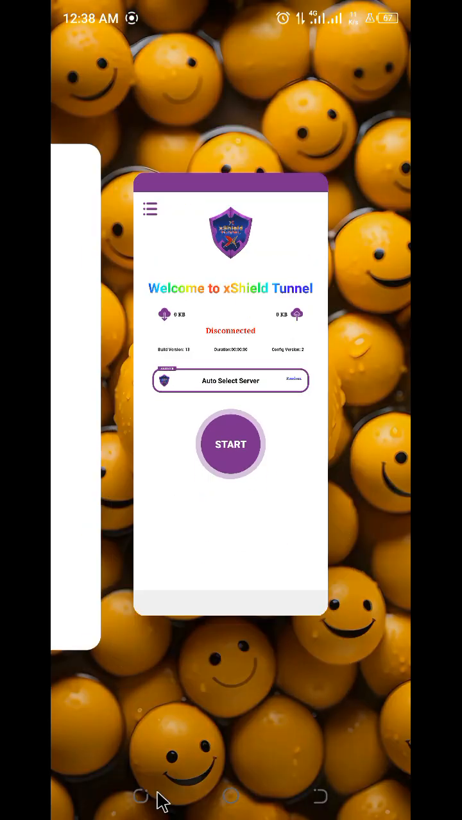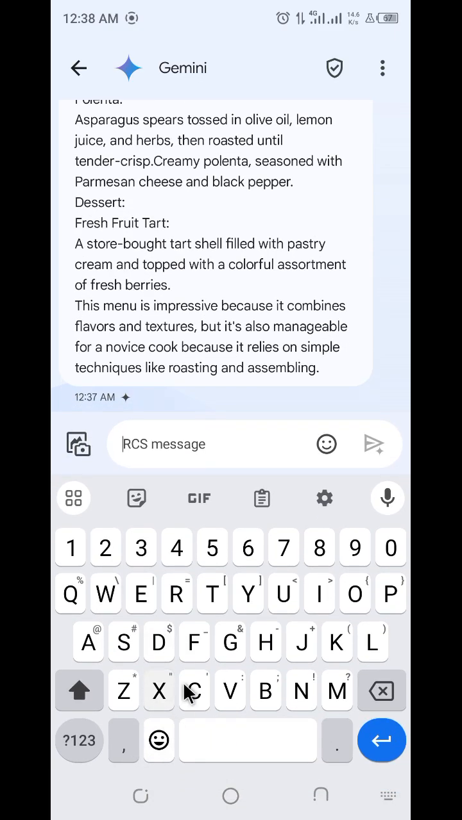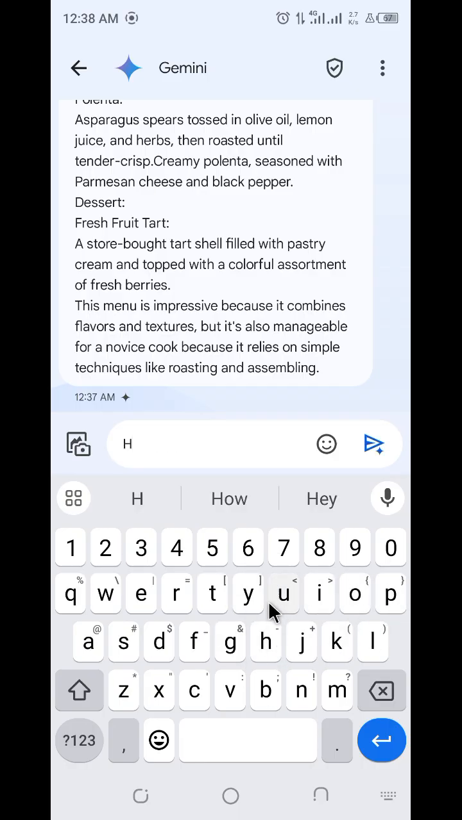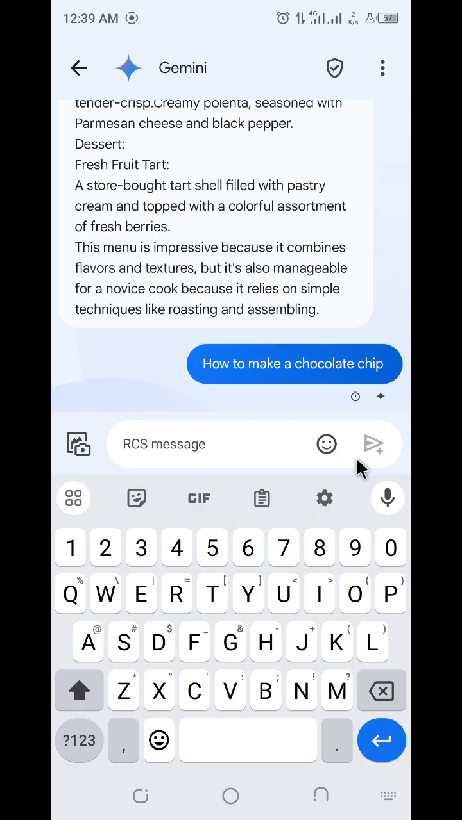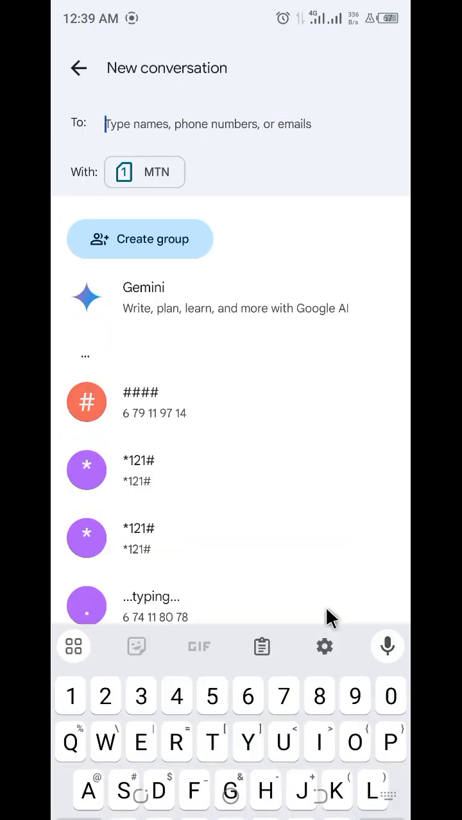I'll close the app. I'll get back into my messages now. Okay, let's say I wanna search for something like how to make chocolate chip. It's not actually gonna go because it's not SMS, it's an RCS message. But if I come here and let's say I want to chat with someone on SMS,